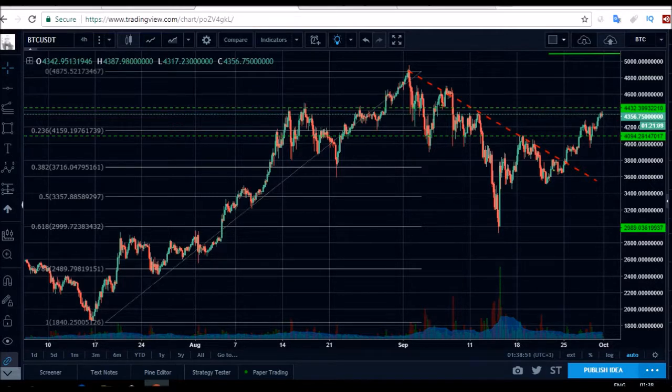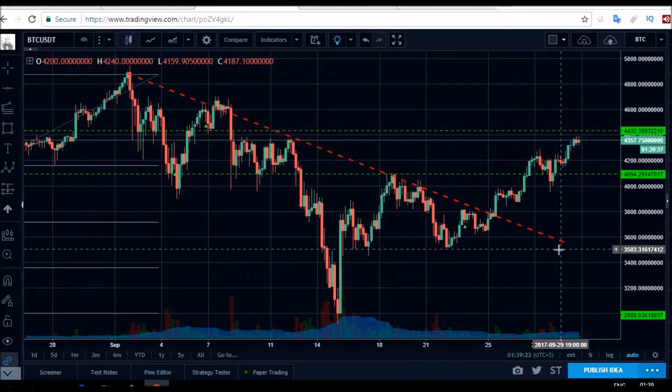So this is BTC versus the USD Tether on tradingview.com, the Bittrex chart. The last time I spoke about having strong resistance at the $4,432 price range area, and as you can see, we have a lot of price action around that level, signifying an indecision between buyers and sellers. So we have a lot of information on this page, and if we zoom in, we can see some